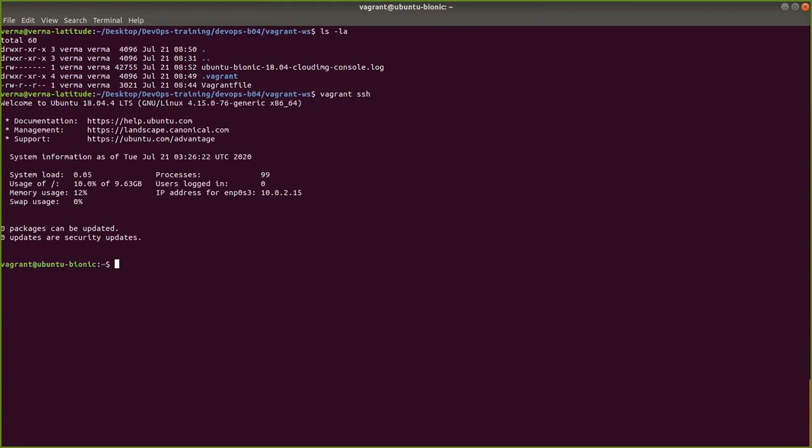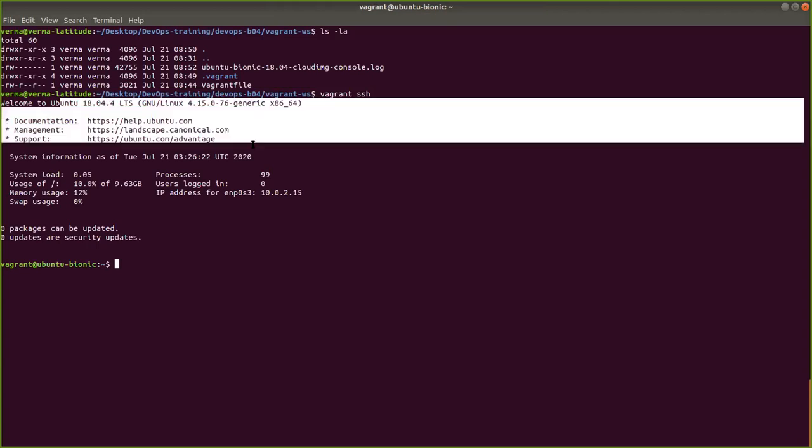Once I did that, you can see it says welcome to Ubuntu 18, and all that is coming.